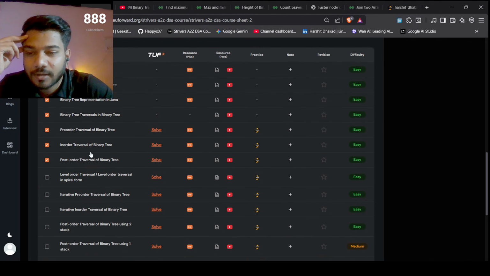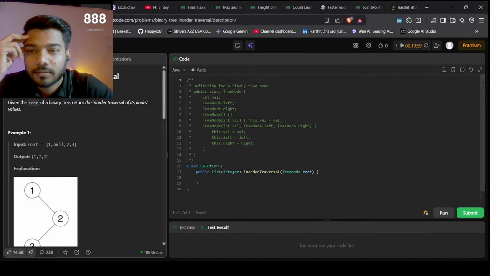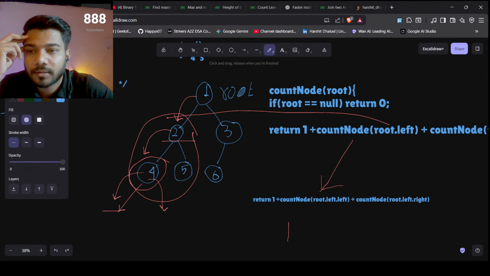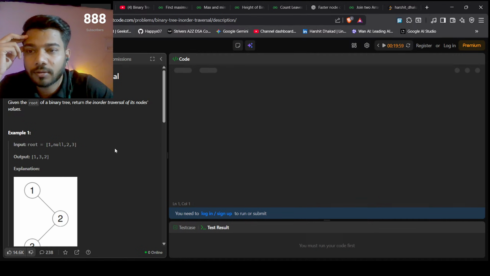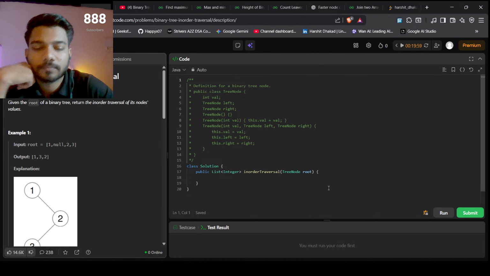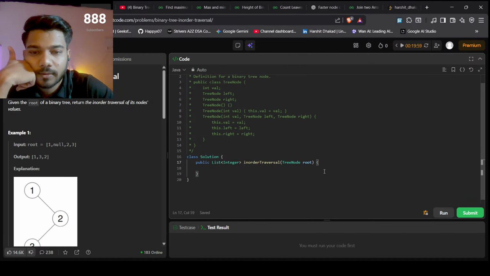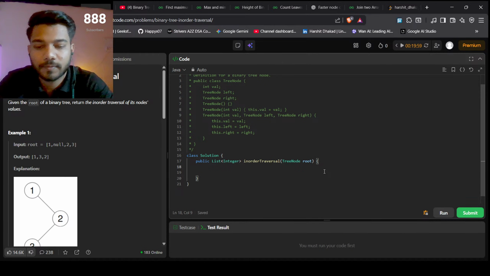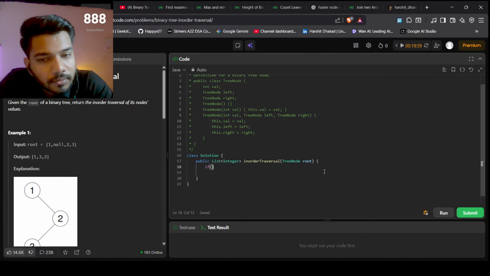Uh, we have done pre-order traversal. Okay, here is the link to the problem now. It is the same binary tree. Post order traversal. In order, sorry. What we can do in this, first we will check if the